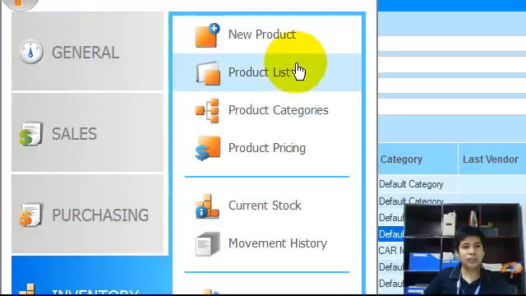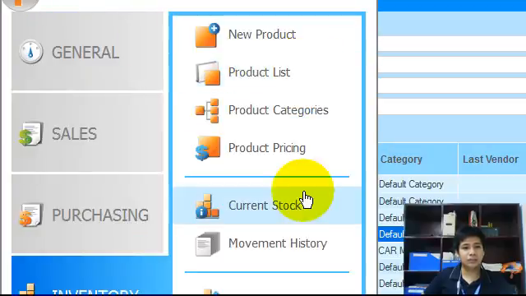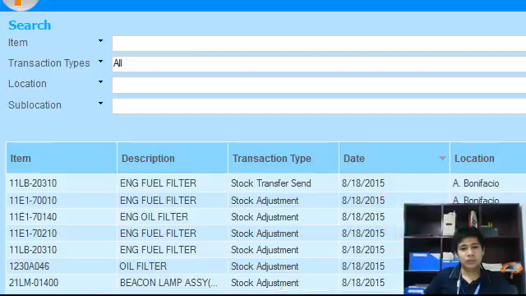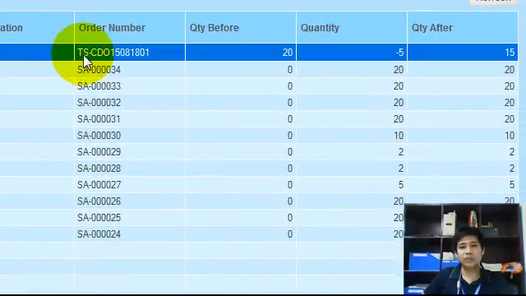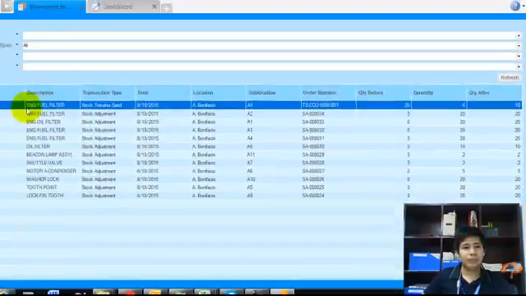Let's check the movement history. So it was recorded here, the order number. Transfer stock Cagayan de Oro 1508-1801, 5 pieces. From 20 before, it has been deducted 5 pieces, and now it is 15 pieces.